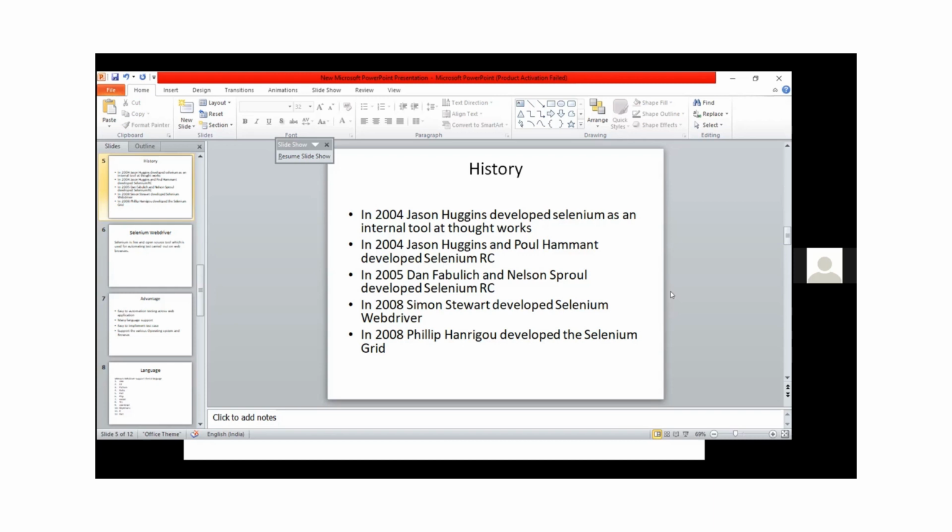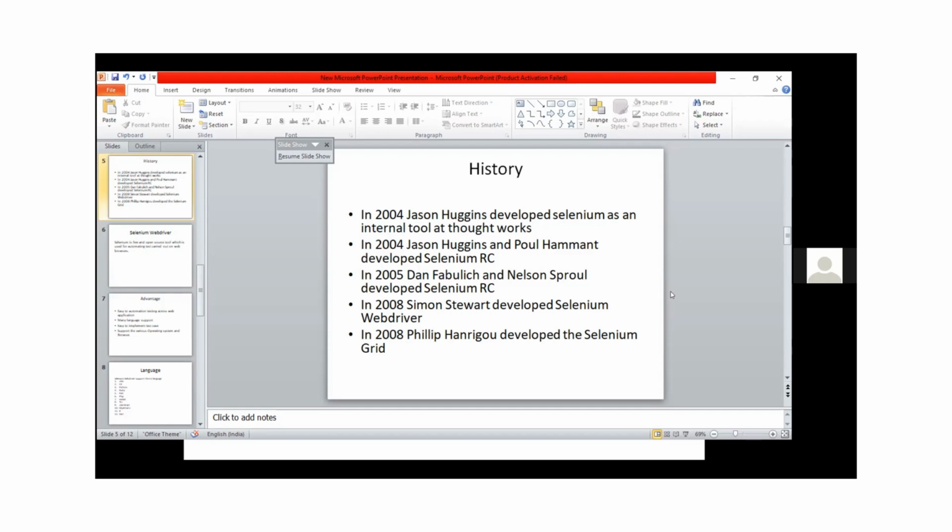So this is the first version of the Selenium tools, in 2004. Selenium Core was developed by Jason Huggins, and Selenium RC was developed by Jason Huggins and Paul Hammant together.